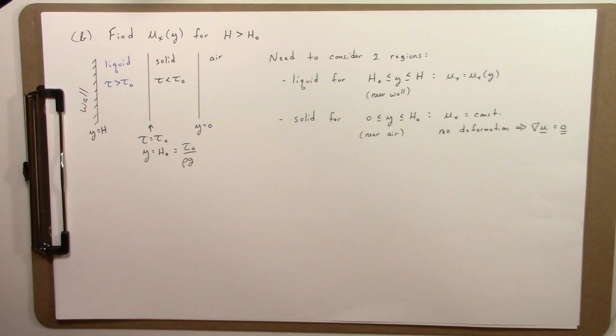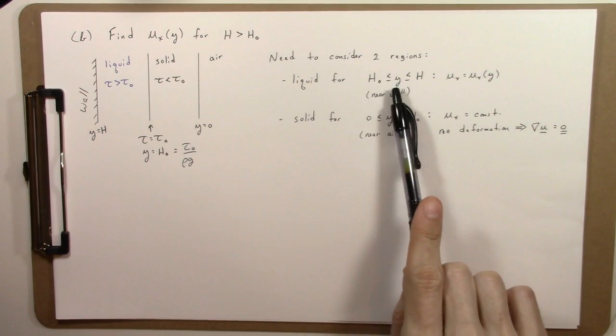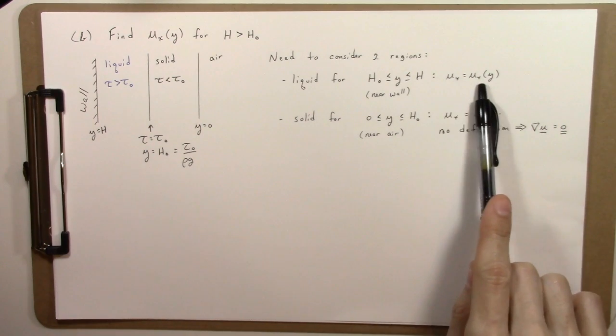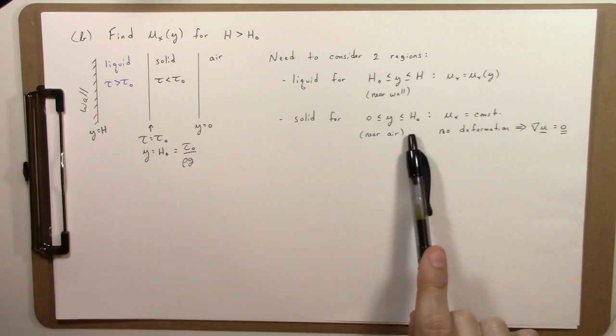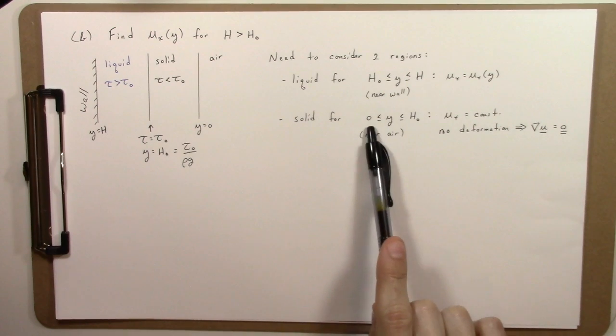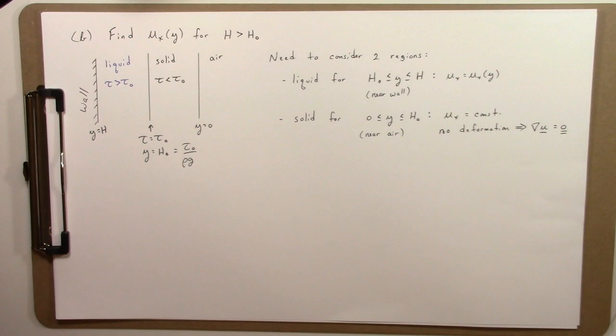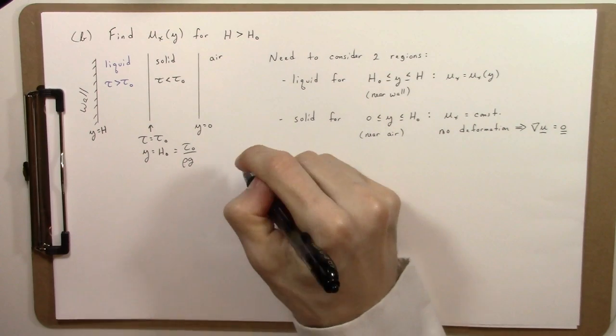So now we want to consider the two regions. Liquid near the wall, where y varies between h naught and h, and then ux will be a function of y. And then it's going to be a solid near the air, where y is between 0 and h naught, because the shear stress is less than the yield stress and it doesn't deform. So let's look now at the solid region